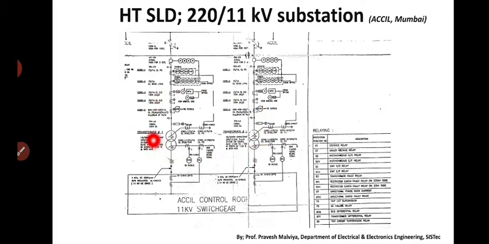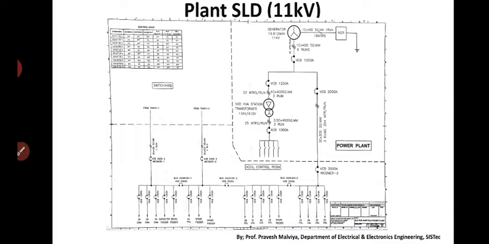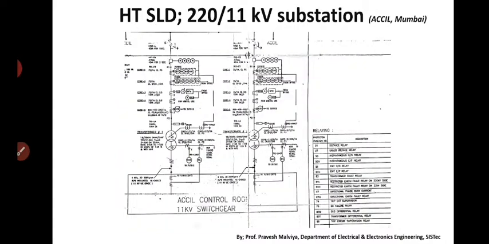Now why are these two transformers working parallelly? All the ratings of these two lines, these two systems, are exactly the same. It means two transformers are operating parallelly for the same bus. What is that bus? This is the bus, the 11 kV bus. For this, transformer 1 and transformer 2 are working together. Now why are we putting two transformers? To satisfy the load demand.